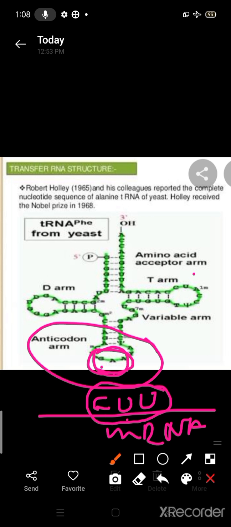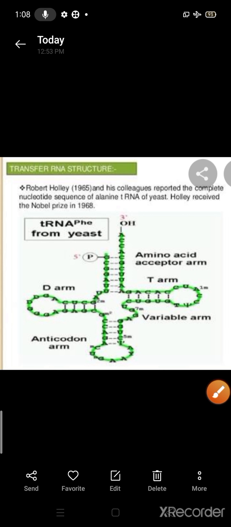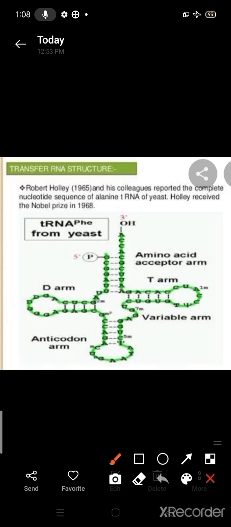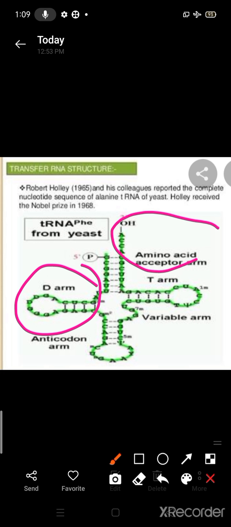Are you getting my point? So this anticodon arm works so that only such tRNA can bind on mRNA, where the code already exists. So that is about the anticodon arm. The third arm is known as the D loop or D arm. Why is it D? D means dihydrouracil. Clear? DIHU, dihydrouracil. And the function of this D arm is that it helps in the amino acid recognition site. Amino acid binding site is different, acceptor arm is different, but